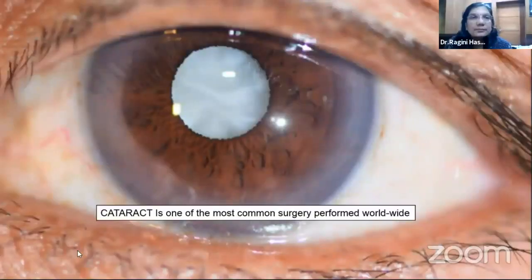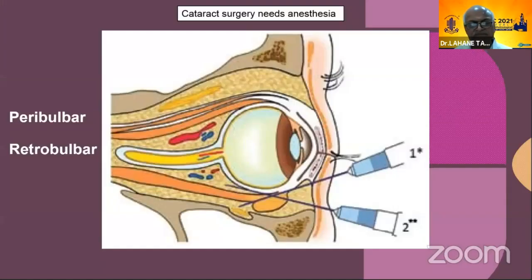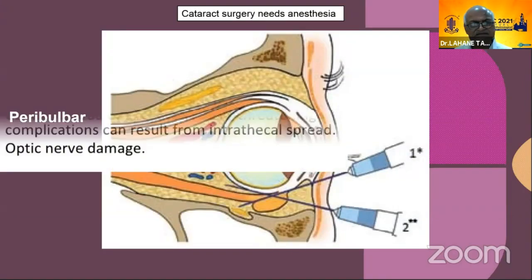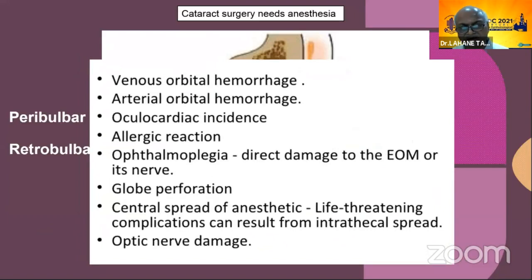Okay. Now this is what I was saying. It is the most common surgery. Here we use the peribulbar and retrobulbar injection for the anesthesia, and this can give complications: venous obstruction, venous hemorrhage, arterial hemorrhage, oculocardiac reflex, allergic reaction, ophthalmoplegia, direct damage to the extraocular muscles or their nerve, globe perforation, central spread of the anesthetic, and a life-threatening complication can result from the